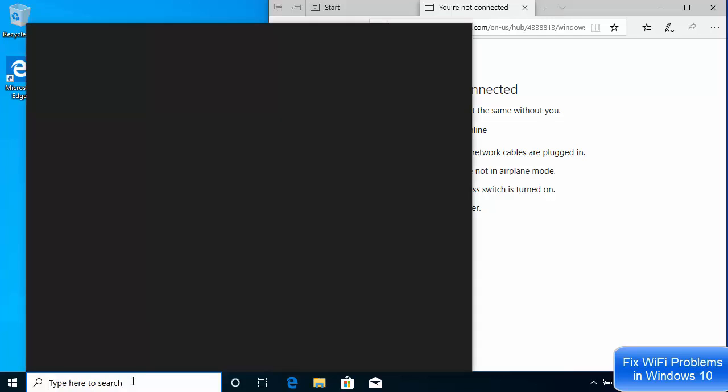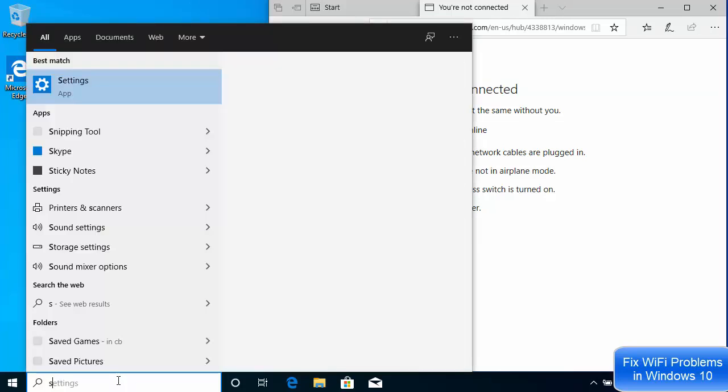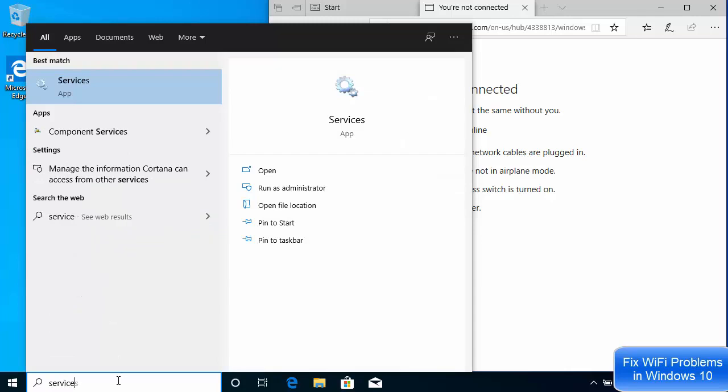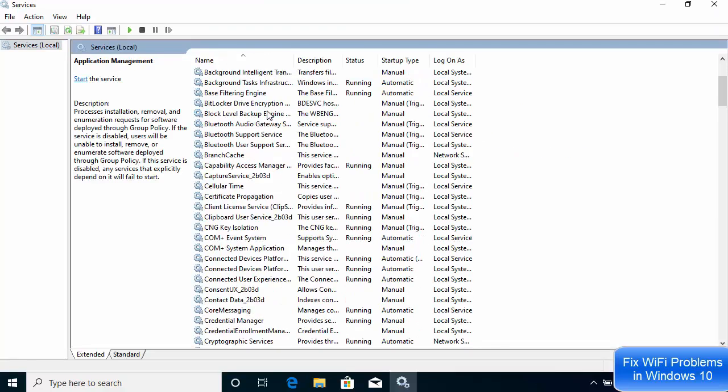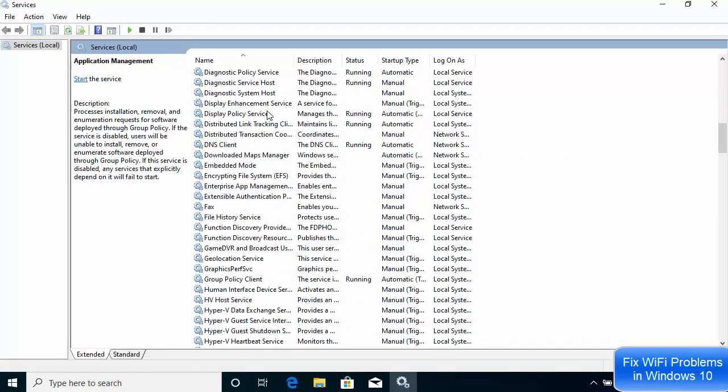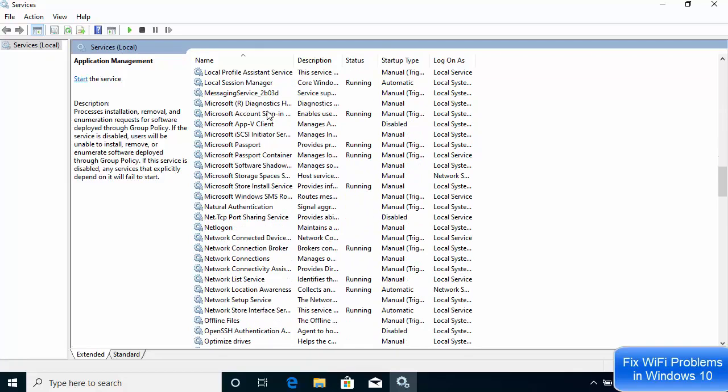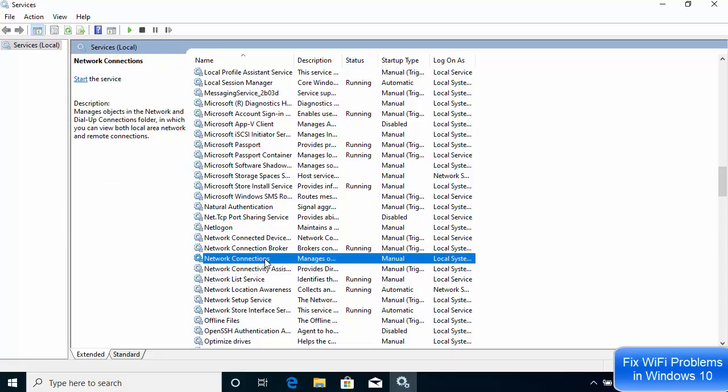For the next solution, we will go to the search bar and search for services here, and then click on the first result which says services. Once the services window opens, you need to go to the network services. Search for the network services and make sure that if some network related service is not running, you run it if your internet is not working.